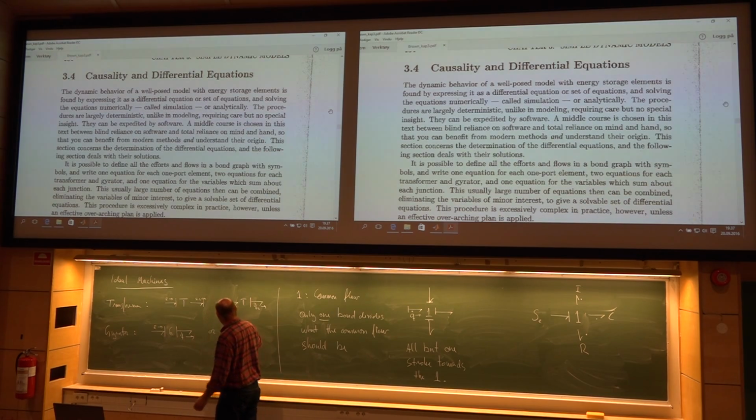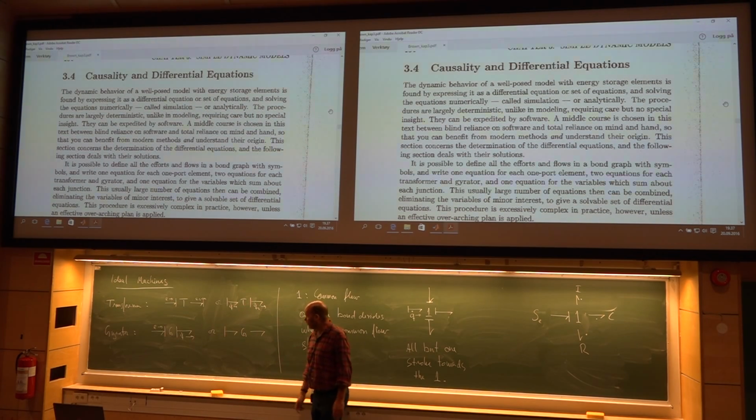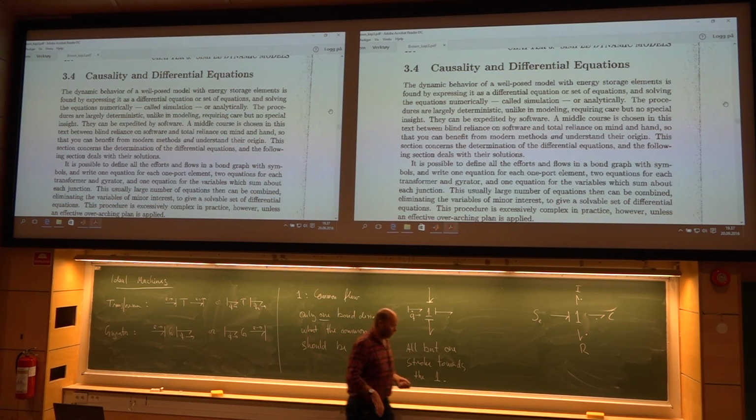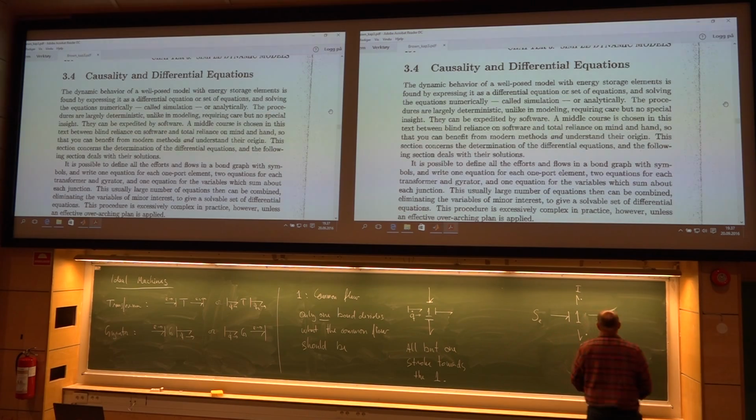If you look at it the other way, start with the stroke to the left, then what? Okay, then it is the flow down here that's hitting the gyrator. He will then produce an effort on the other side, an effort here, going further to the right. Hence the stroke has to be like that. So gyrator, he mixes up everything. Transformer doesn't change anything.